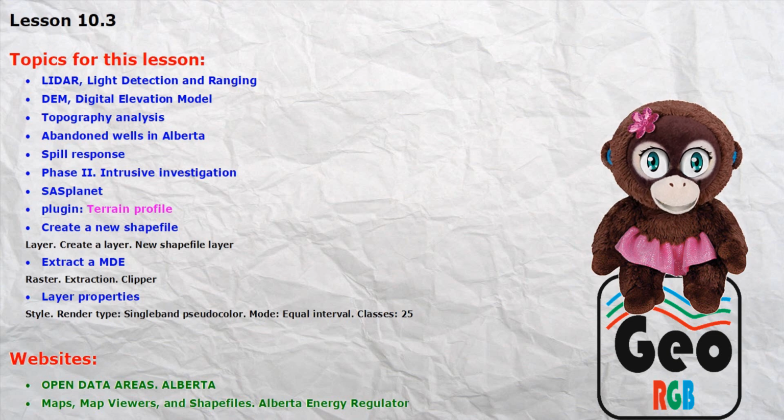extract.mde, raster, extraction, clipper, layer properties, single style, render type, Singleband, pseudocolor, mode, equal interval, classes 25, and the websites we're going to visit for this lesson are going to be Open Data Areas, Alberta, Maps, Map Viewers, and Shapefiles,